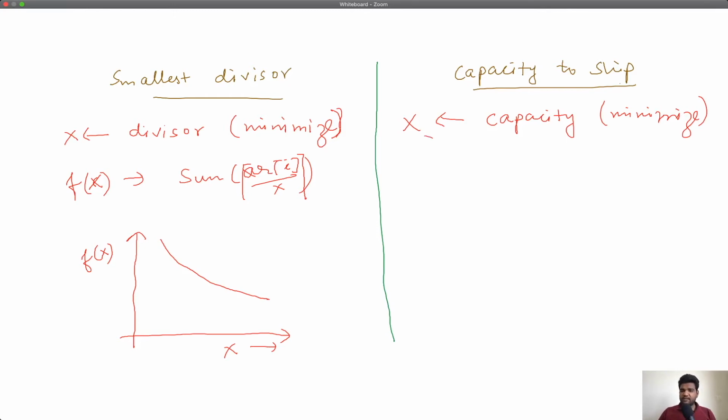What was your F(X)? Your F(X) was nothing but the number of trips it takes with this particular capacity. So if you take this capacity and the same set of packages, how many days or how many trips will it take for you to transport those packages?